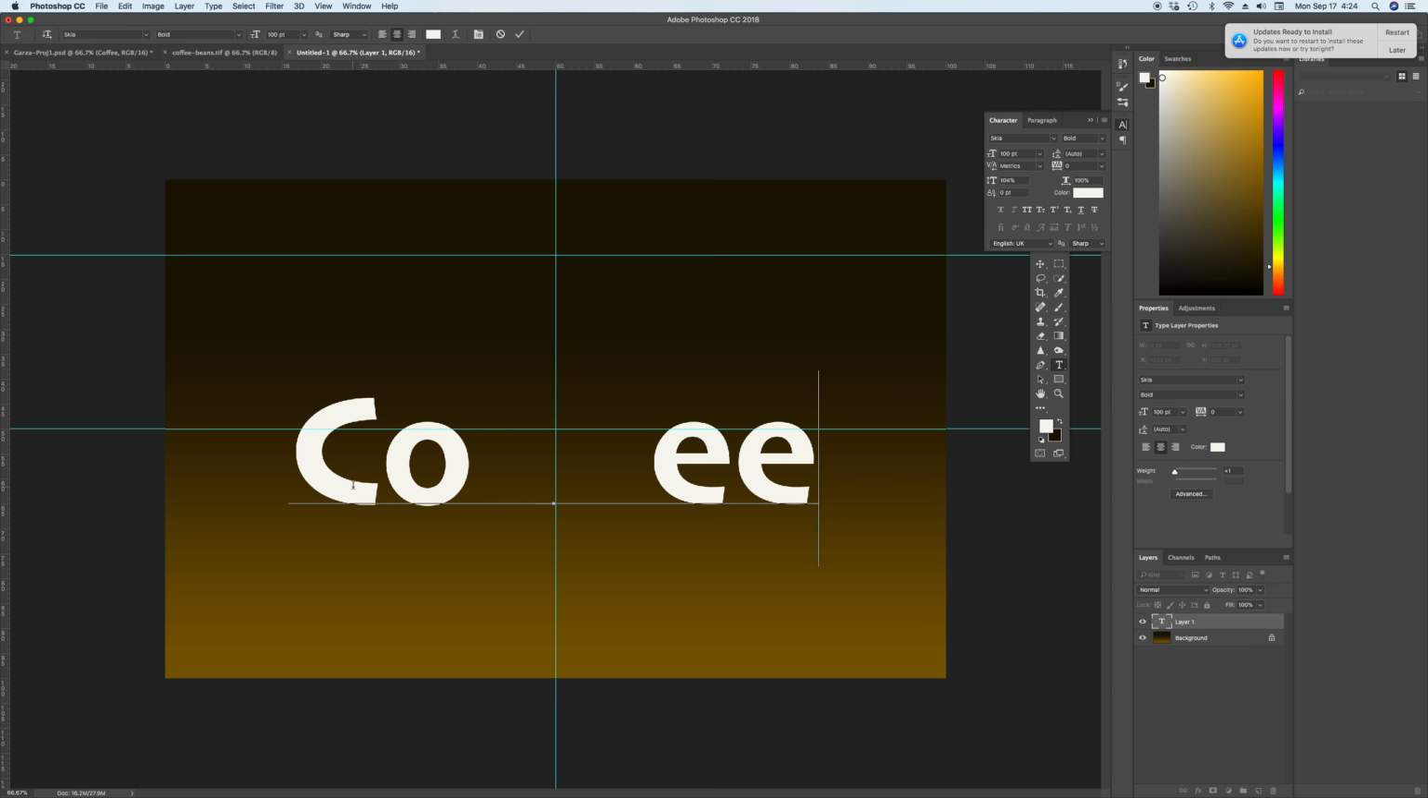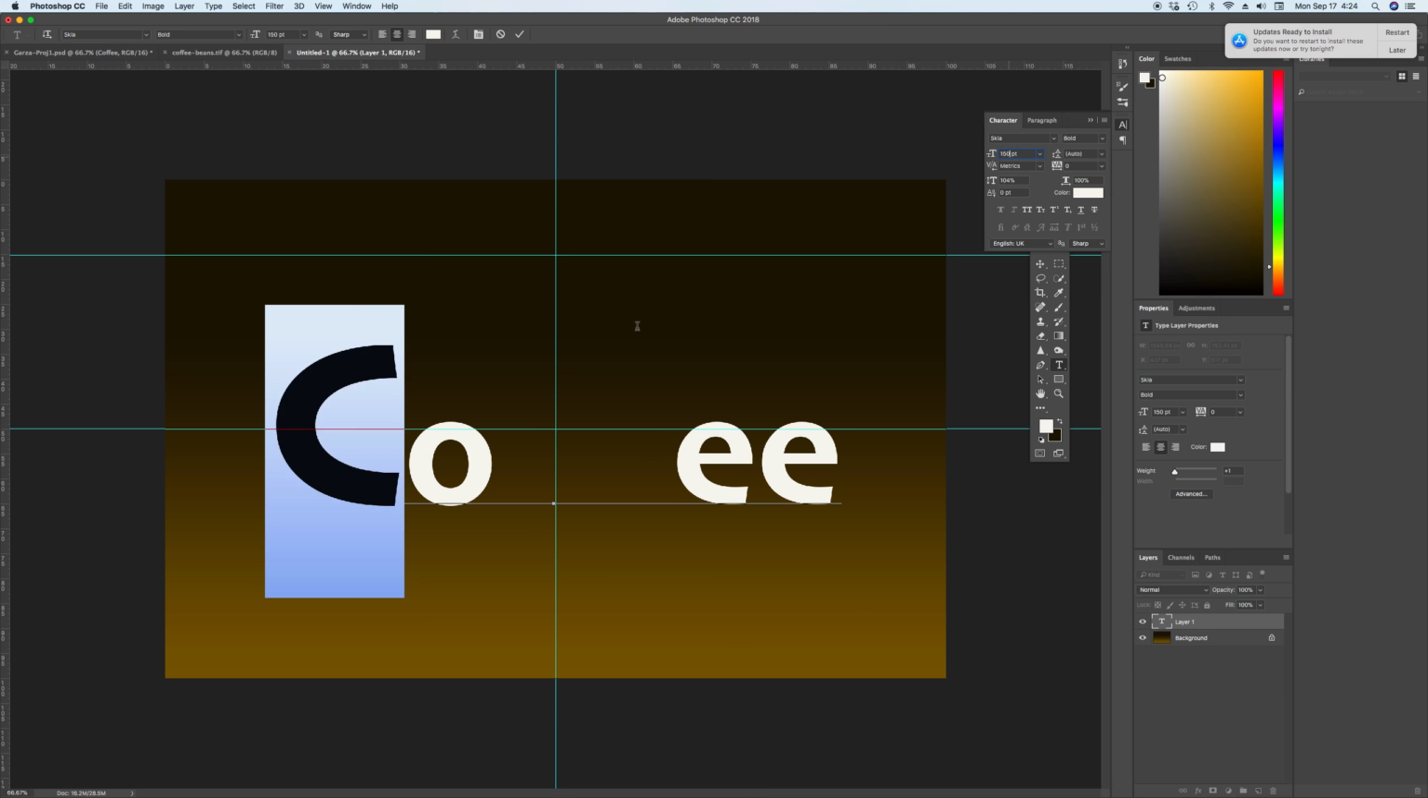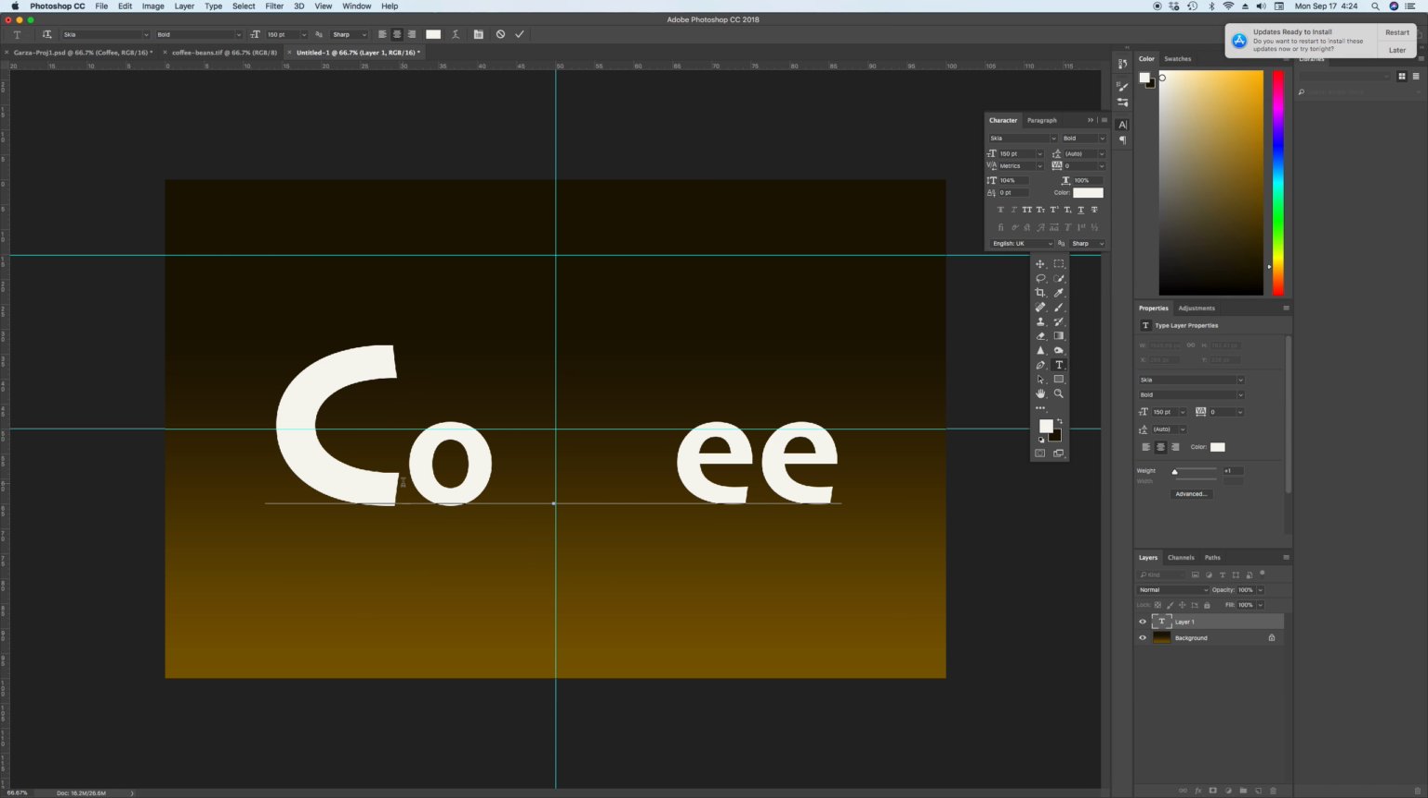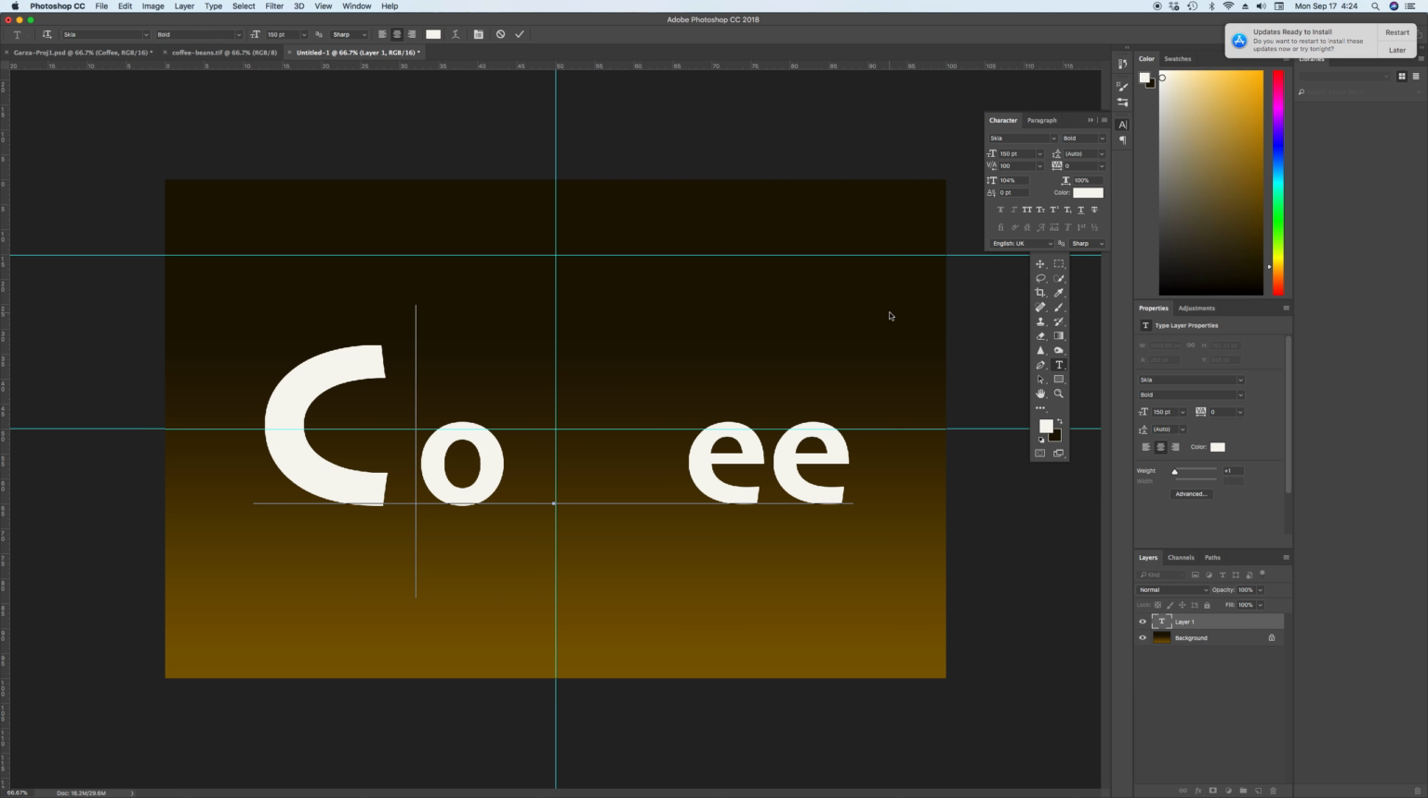While I'm on this layer, I'm going to highlight my C, and I'm going to increase it by 50 points, so I'm going to use 150 points. Now I'm going to create a little space by holding the Alt key and pressing the right arrow, 2, 3, 4, 5, just to create a little space between there. Once I've done that, I will now go back to my Move tool